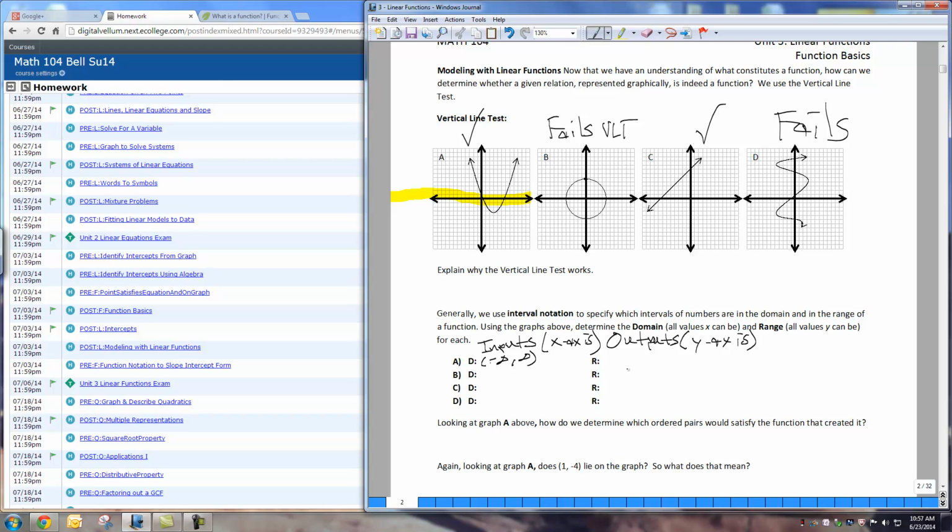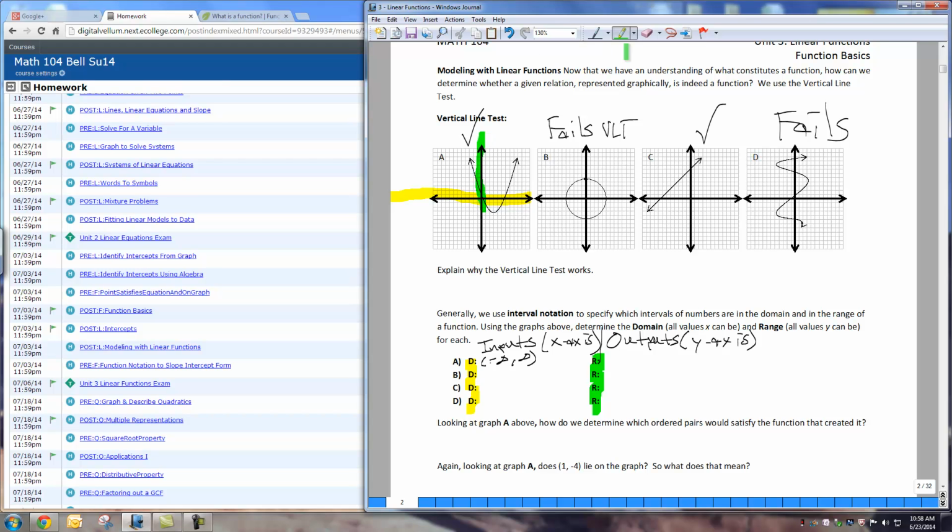Okay, now let's look at the range, the outputs. So I'm going to use a different color here. So this one, our domains are going to be in yellow, and for this one, our ranges are going to be in green. So our range, notice there is no range down here for any y values down here in the negatives, right? Negative 1,000,000. There's nothing in the graph. The graph does not start until right here at this y value, which looks like it's in between -3 and -4. So our y values start getting mapped right here and go all the way up